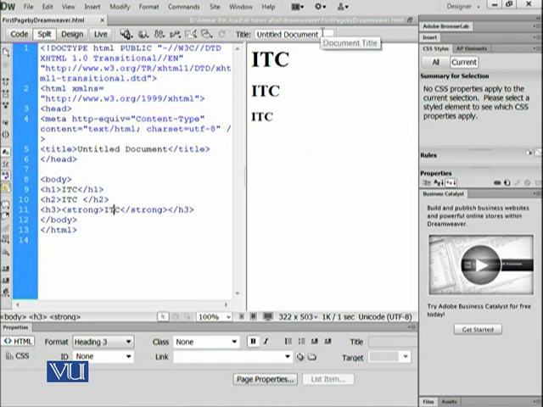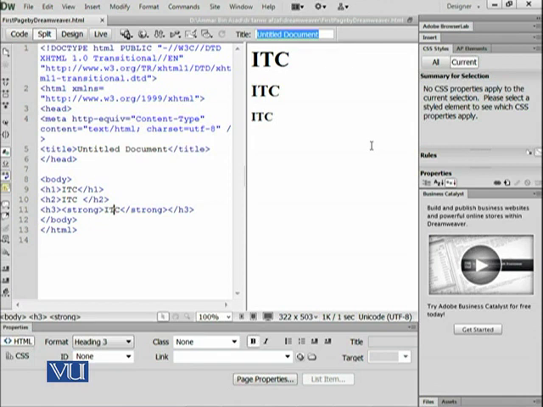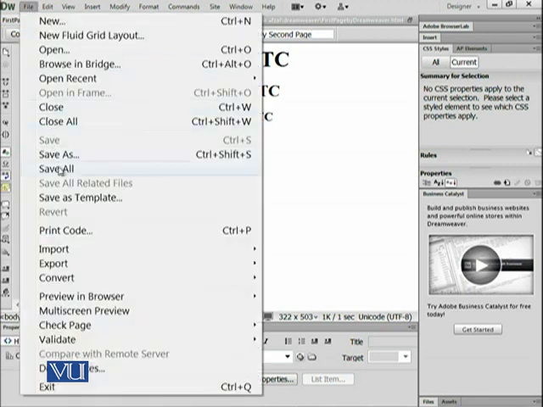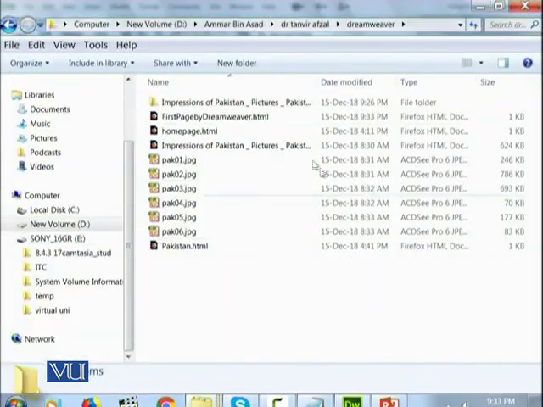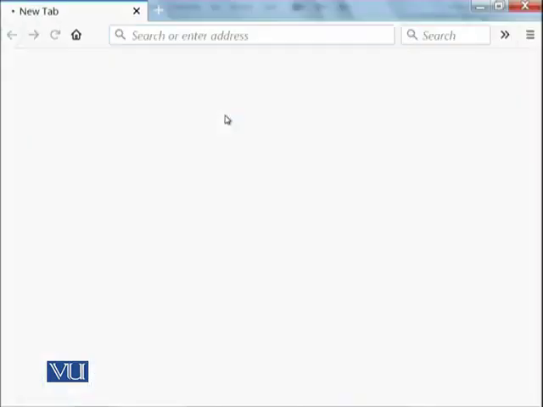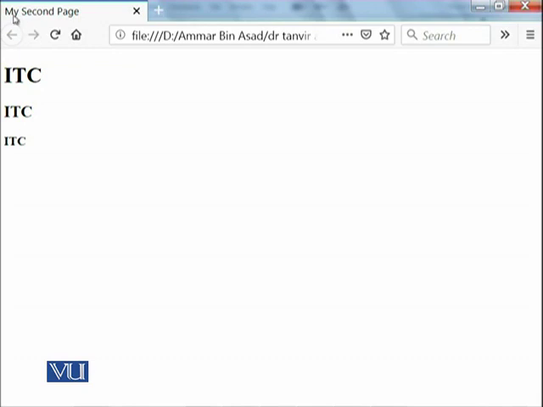And here we can change the title. For example, I wanted to change it, so maybe it's second page, so my second page, and save all, and then I should move and try to see, this is shown my second page, ITC, ITC, ITC.